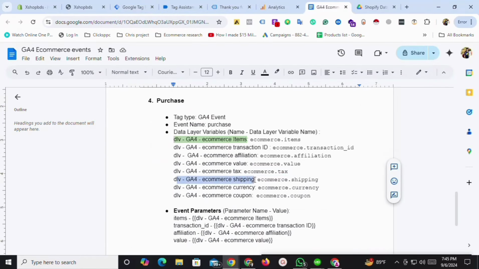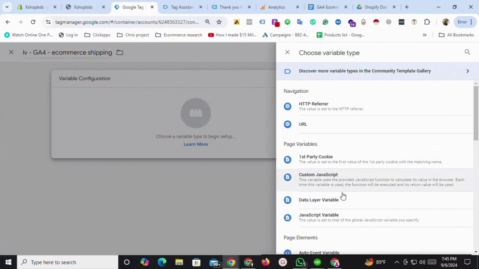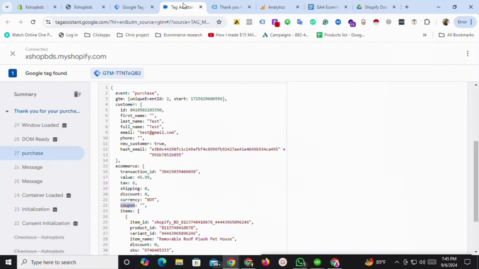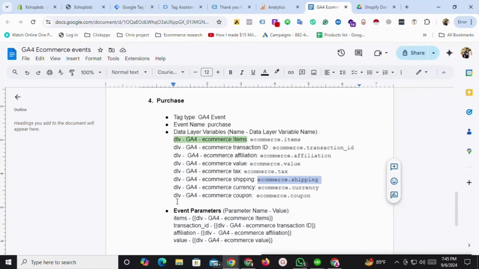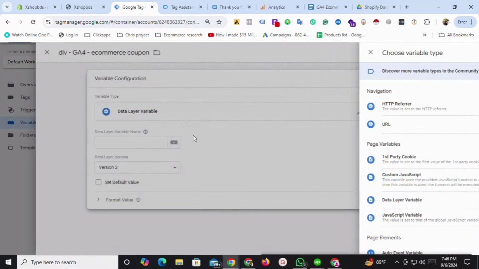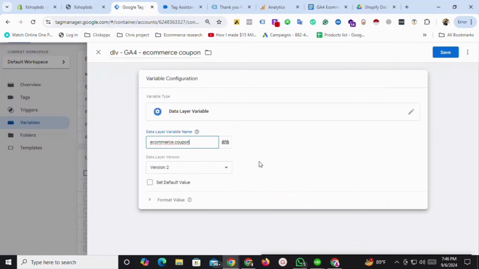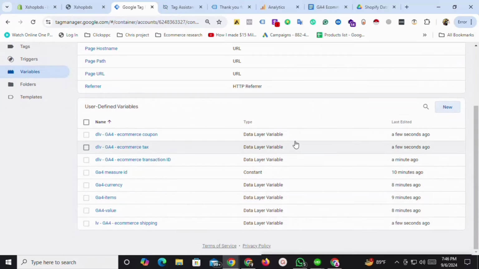Here is the shipping. And here is the coupon, so it would be ecommerce.coupon. So here we just added the variables we need for the